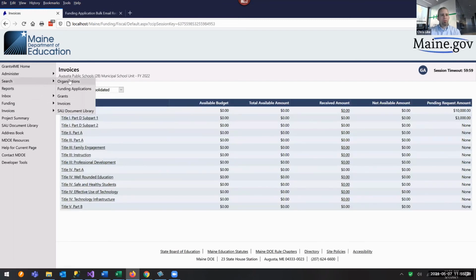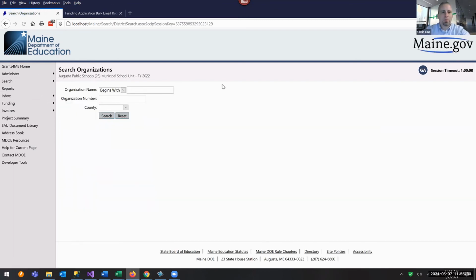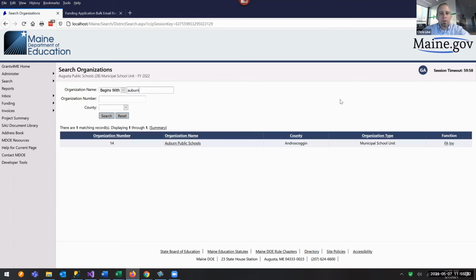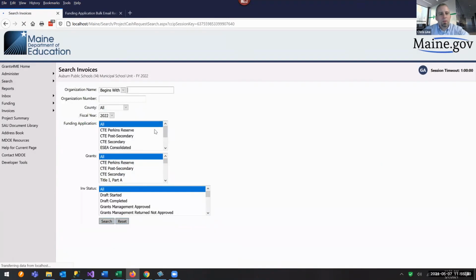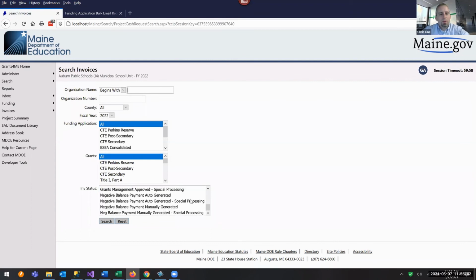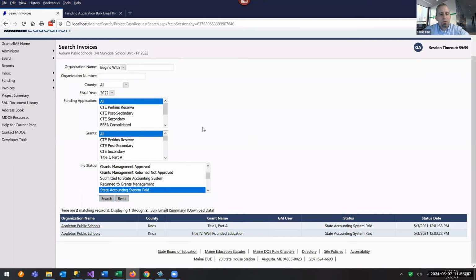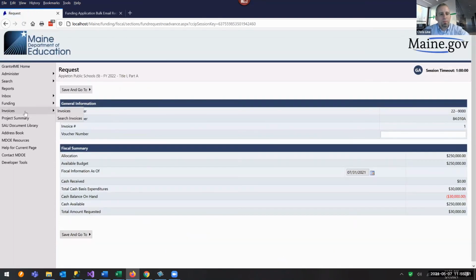I need to go back to Auburn. Okay, I'm still sharing. So if I went in here, I need to find a district that has a payment that's fully complete. Appleton. So if I go to Appleton,